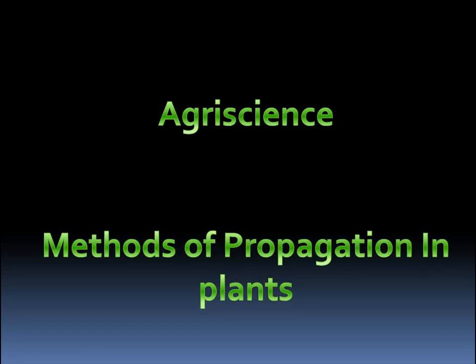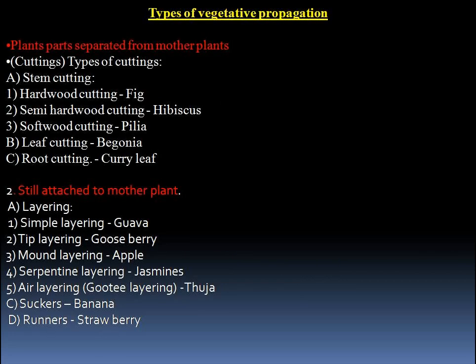Today we are going to see the different methods of propagation in plants and commercial methods used in propagating different plants. So there are different methods: sexual propagation or asexual propagation, that is vegetative propagation. Sexual propagation, we all know, is by using seed. And coming to asexual, that is the types of vegetative propagation, using plant parts. The different types of plant parts other than seed that we use for vegetative propagation.